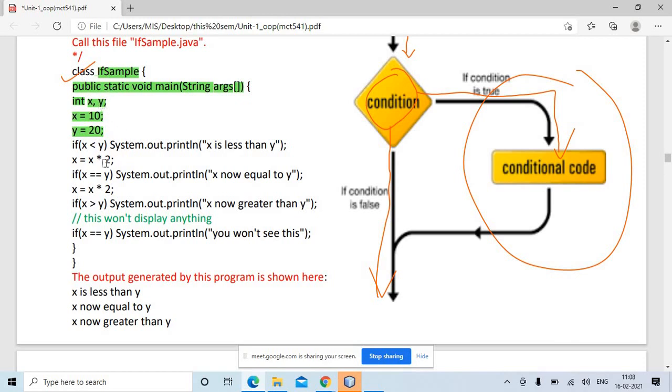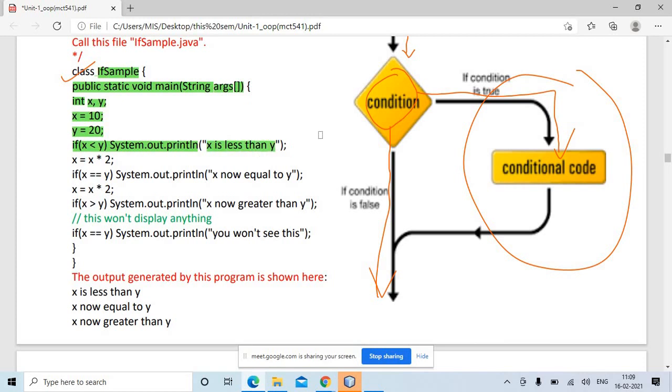Now you want to check if x is less than y, क्या x की वैल्यू y से कम है क्या? If x is less than y, अगर हाँ, yes, if the condition evaluates to true, then you have to print System.out.println x is less than y.